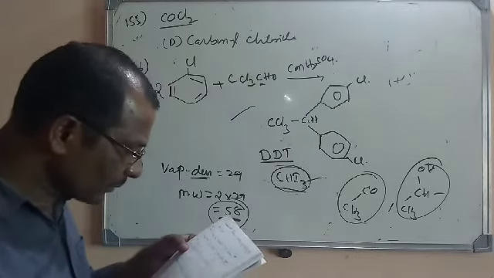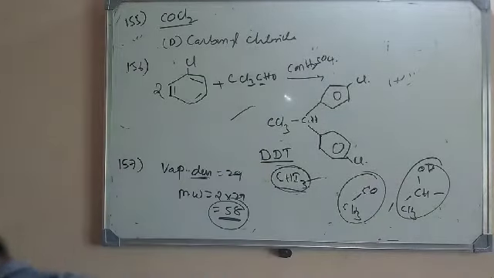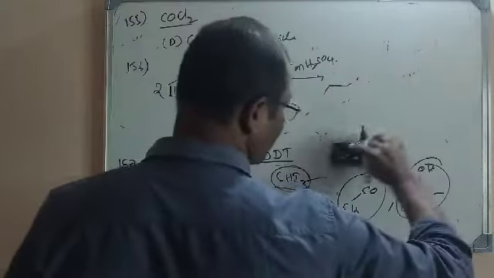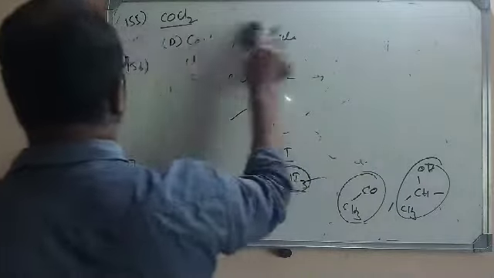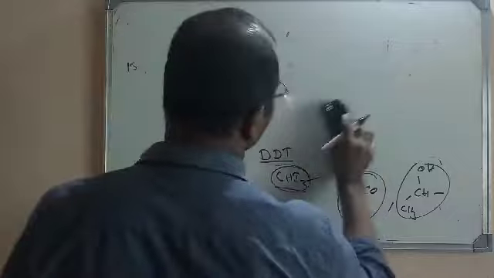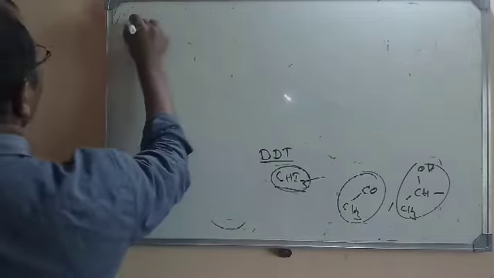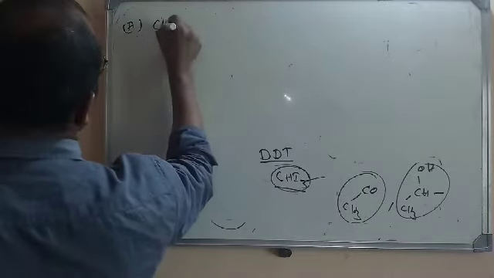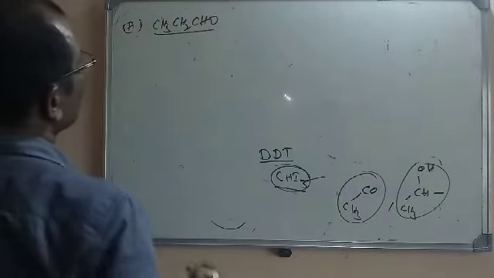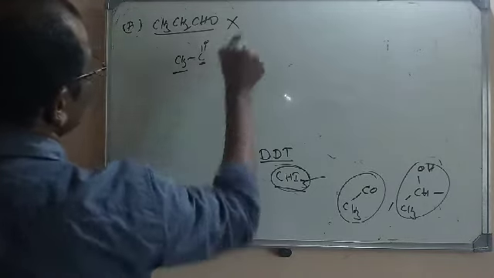First one is propanaldehyde. That is not correct. Why have I not taken propanaldehyde here? Propanaldehyde, first of all, does not have COCH3 or CH3CHOH. So it doesn't have COCH3 groups. CH3 must be attached to CO, so it won't give.